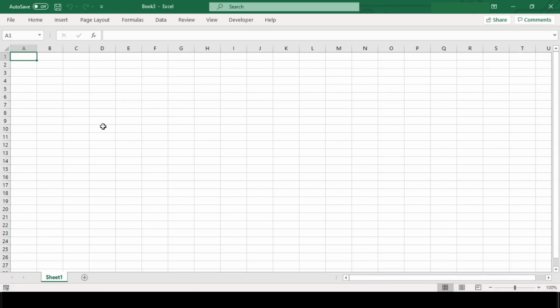In our earlier tutorial, we had seen how we can unhide all worksheets at once in Microsoft Excel. And now in this tutorial, we will see exactly the reverse of that. We will see how we can hide all worksheets except the active one with VBA code in Excel. So stay tuned.